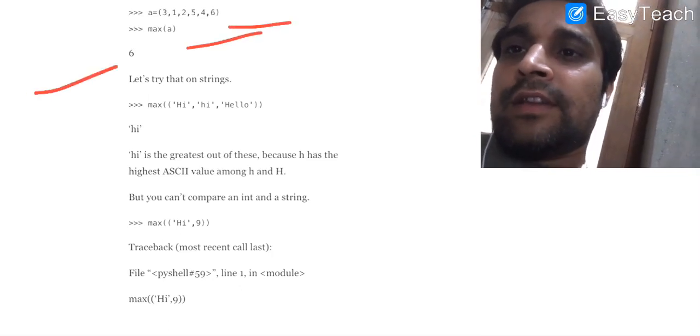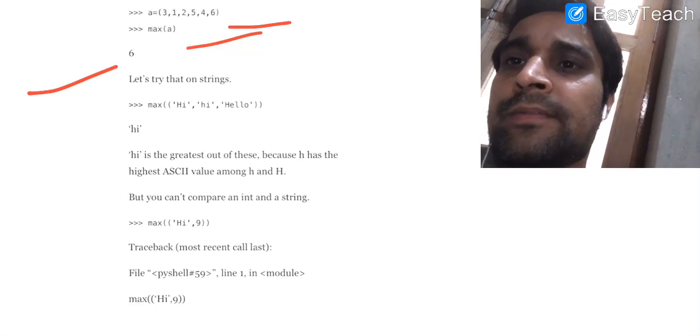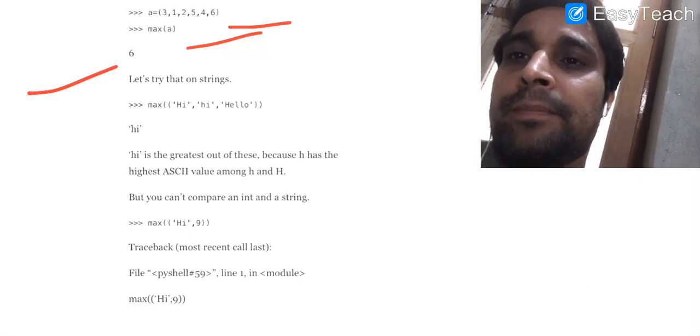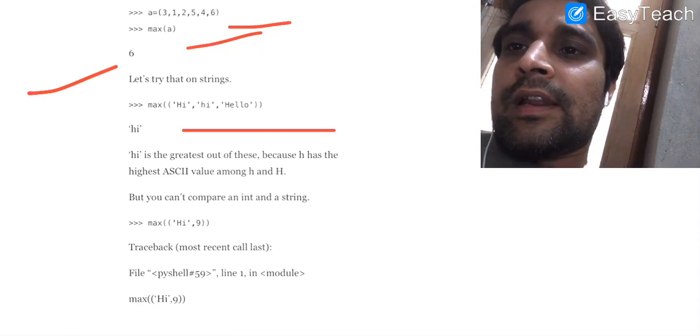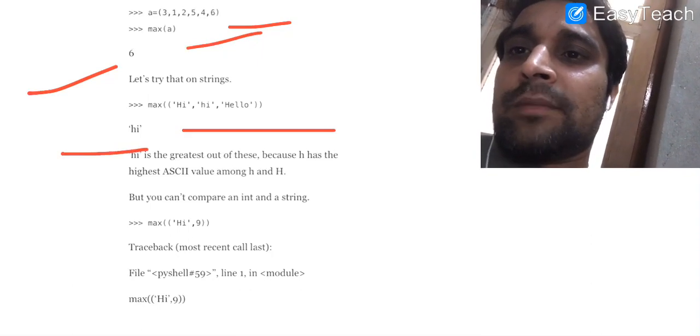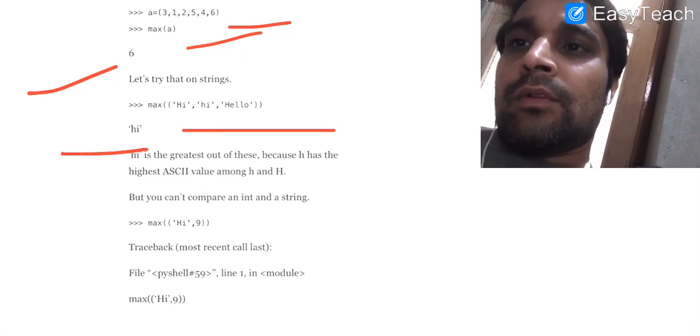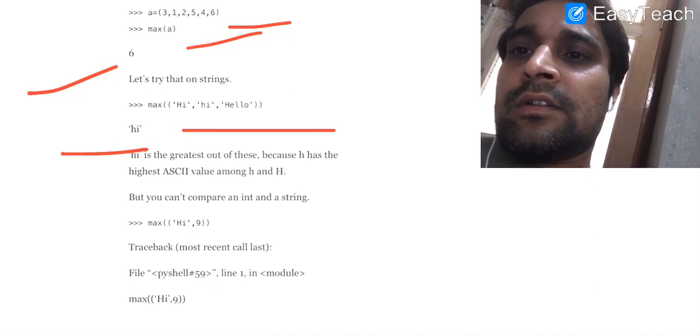Now we have created one more tuple for you, that is A. It is having 6 elements: 3, 1, 2, 5, 4, 6. When you write max of A, it returns you 6. If we have a tuple with elements as strings, then we get the result on the basis of the ASCII value. It means the word which has the highest ASCII value will be printed on the screen.